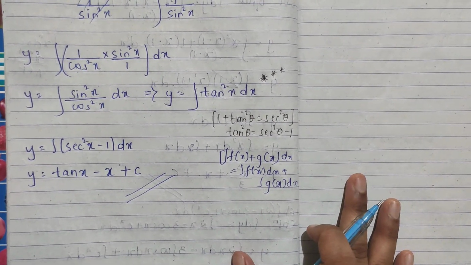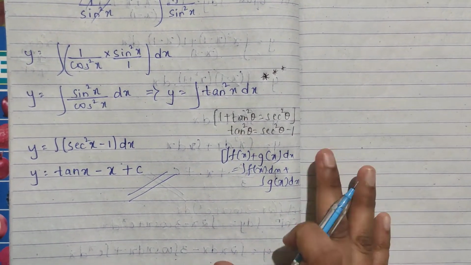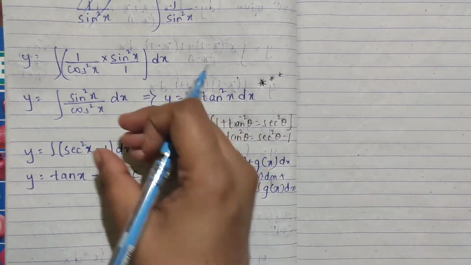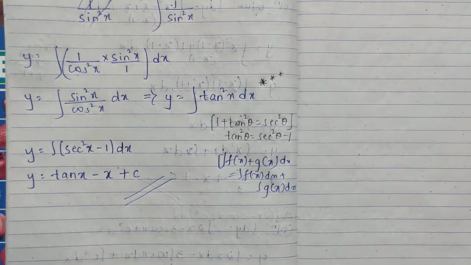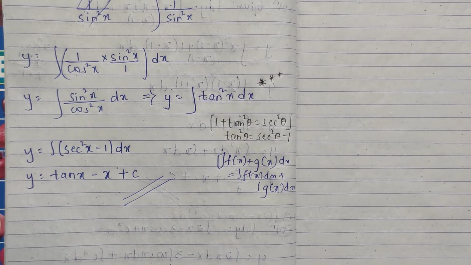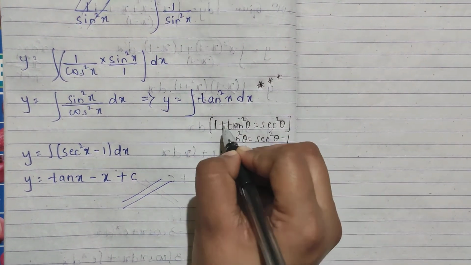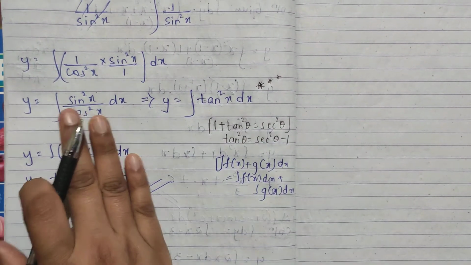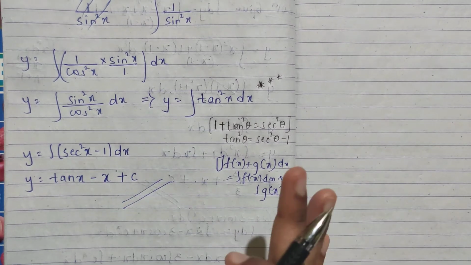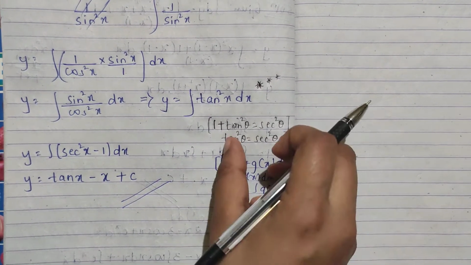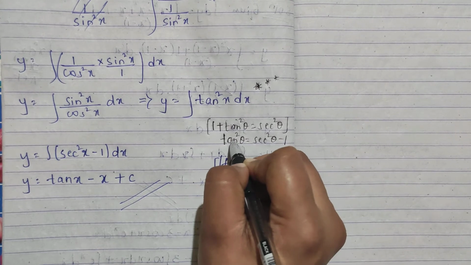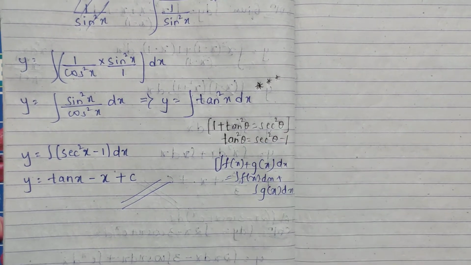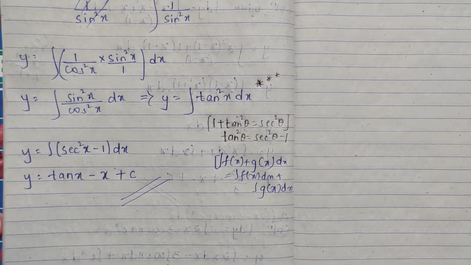I hope this is clear for you, how we have to solve. If you have such terms also, try to convert them into trigonometric ratios, because as per what we have done, we have not come across any quotient rule or product rule. So just try to convert it using all the identities. As I've said, the formulas are very important.